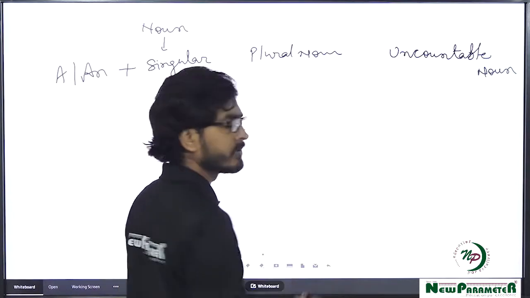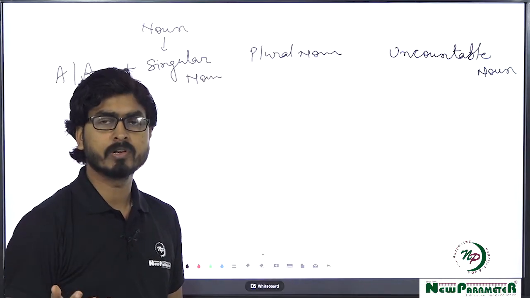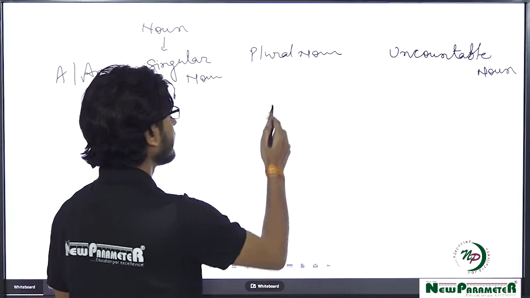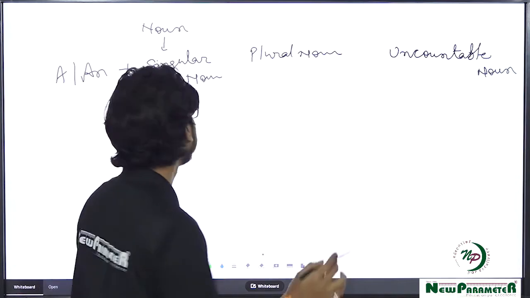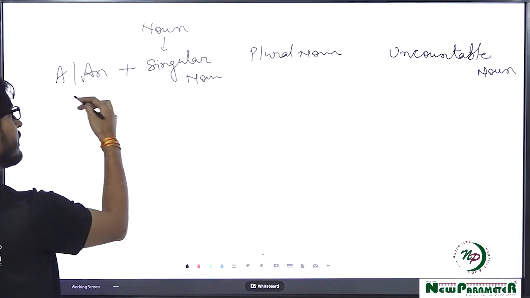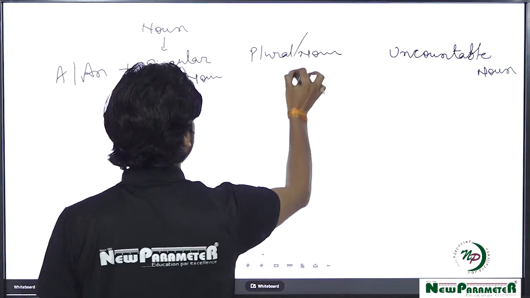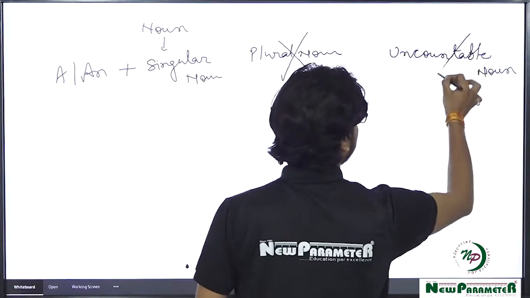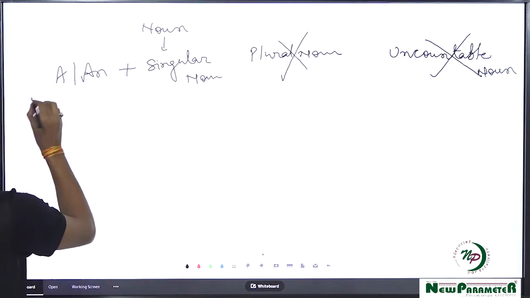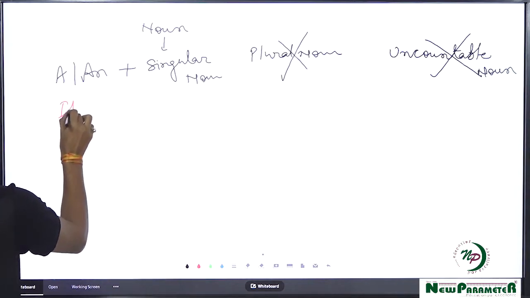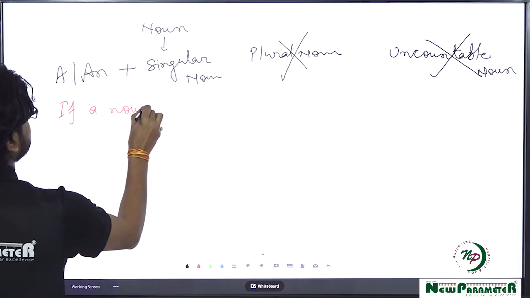Uncountable noun means something which is not possible to count, like water, air, milk, etc. And plural noun is something which is more than one, like 2 boys, 3 boys. So it is very obvious that "a/an" cannot be put before a plural noun or an uncountable noun. So we can say simply,